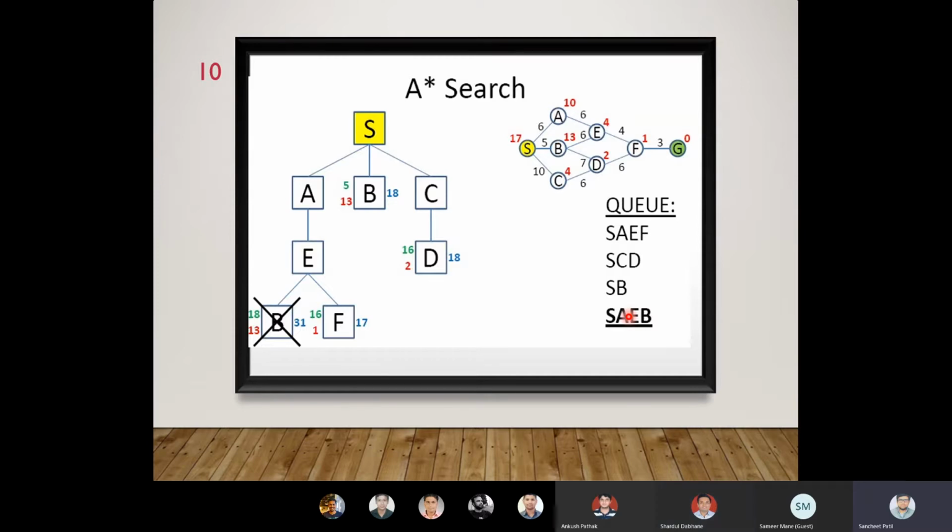B node, one will be from S to B, one will be from S to A to E to B. This will be the path for the next node of B, that will be having 31, and the other node would be having S, A, E, and F, which will be having 17 as an f(n) value for that path, and S to B will be having an 18 value for achieving that G node. So basically, the optimal value from among all these four nodes will be the 17 one, that is the F